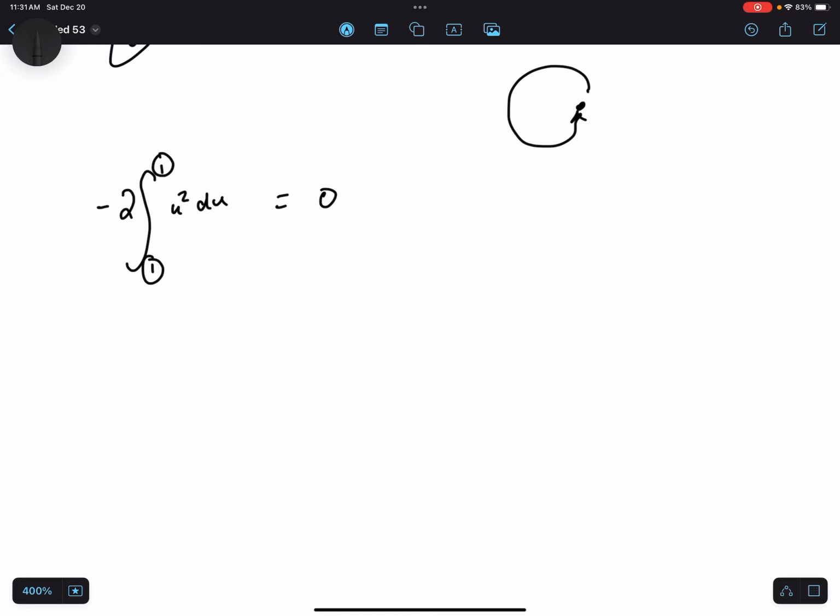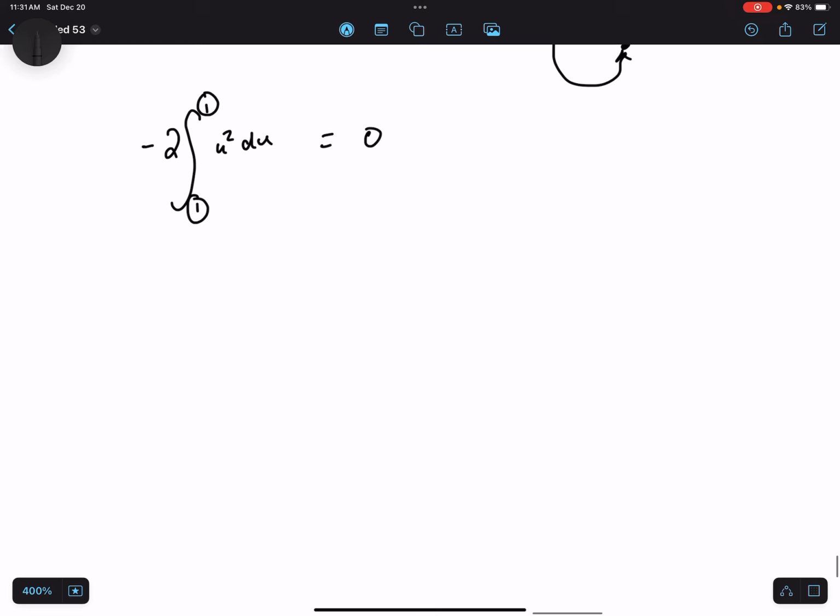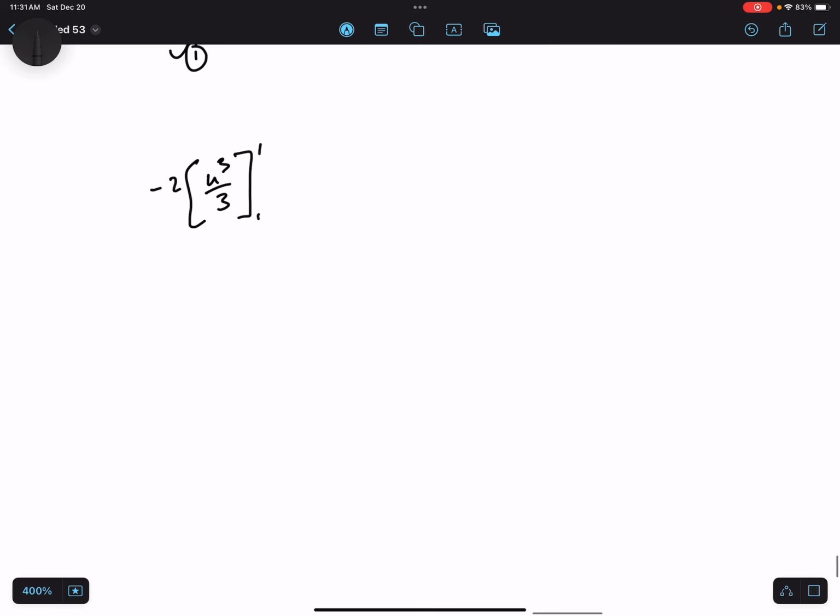Now, just to fully flesh this out and show you what I mean, we can go ahead and work this all the way through. We can say negative 2 times, of course the integral of u squared is u to the third power over 3, and we're going to evaluate that from 1 to 1. And so what we've got really is negative 2 times 1 over 3 minus 1 over 3. Of course that is 0, and 2 times 0 equals 0. So the result of our integral is just